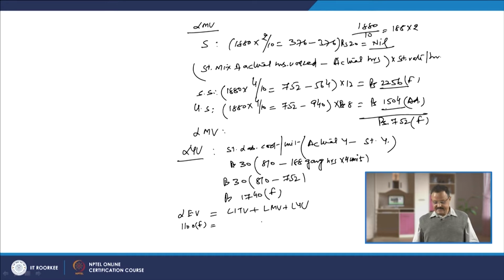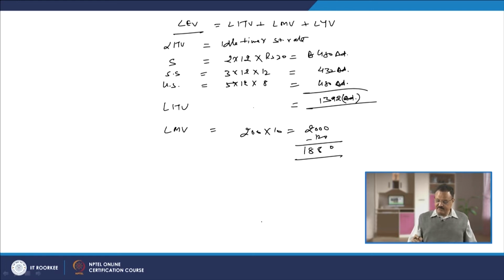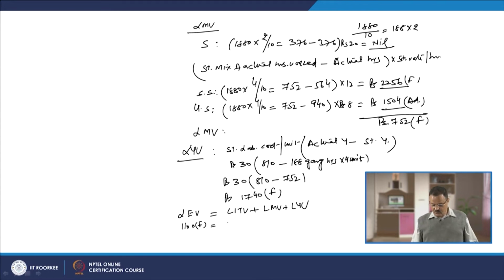Labor idle time variance is how much? If you look at the labor idle time variance, let us go back and check it. Yeah, labor idle time variance is 1392, it is adverse, right? Plus labor mix variance is how much? 752 favorable,